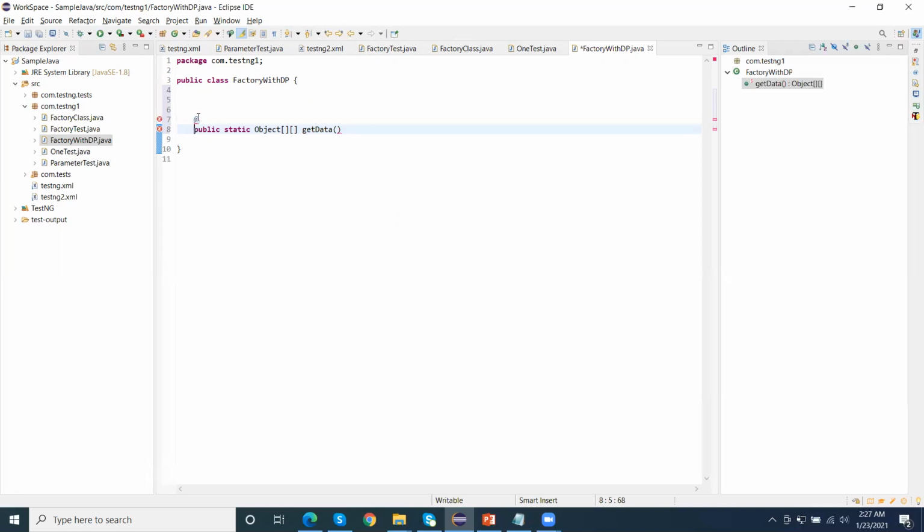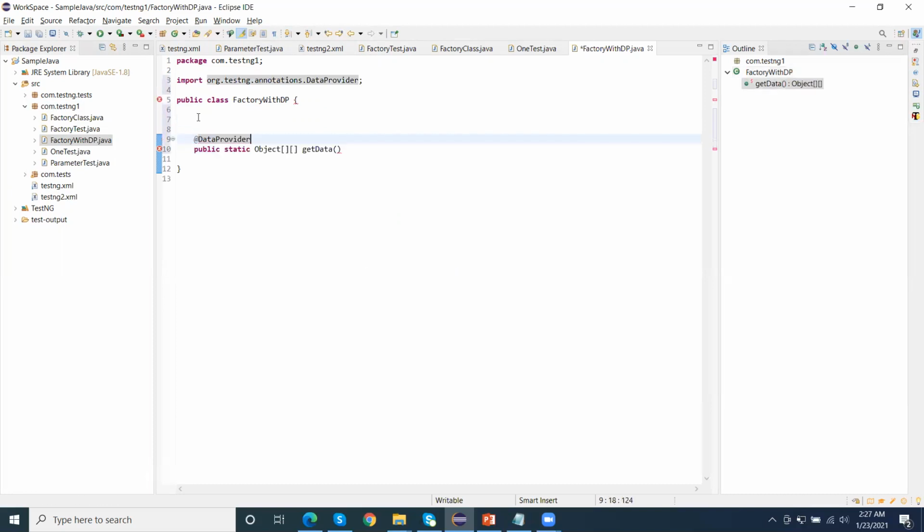Okay, data provider, and then this is the name. I am giving here name equal to testData. Okay, so getData. Here we can create the 2-dimensional object again, new Object.